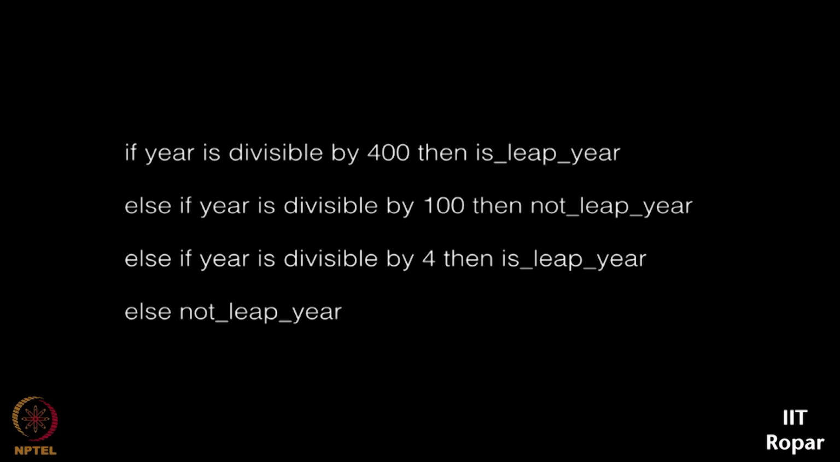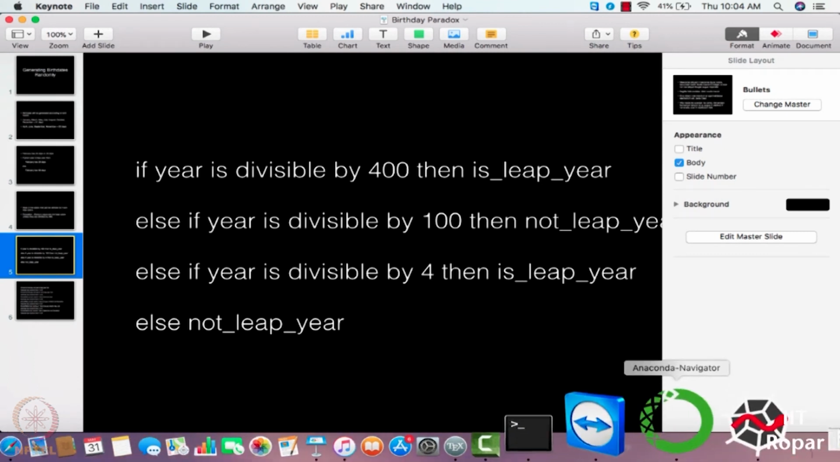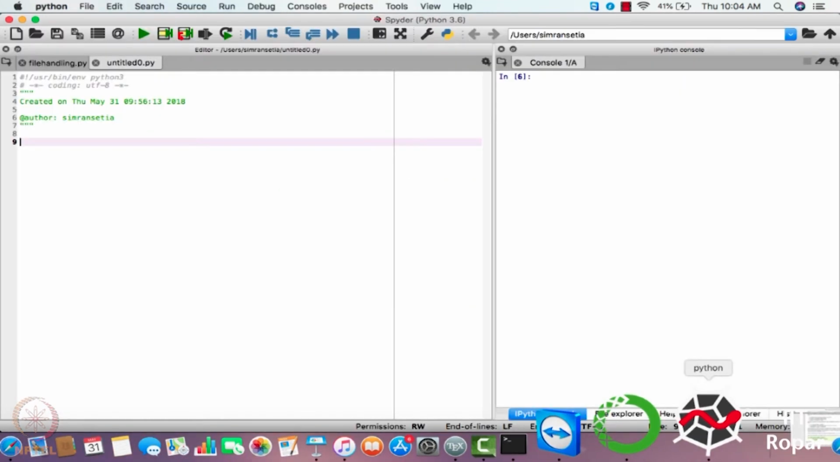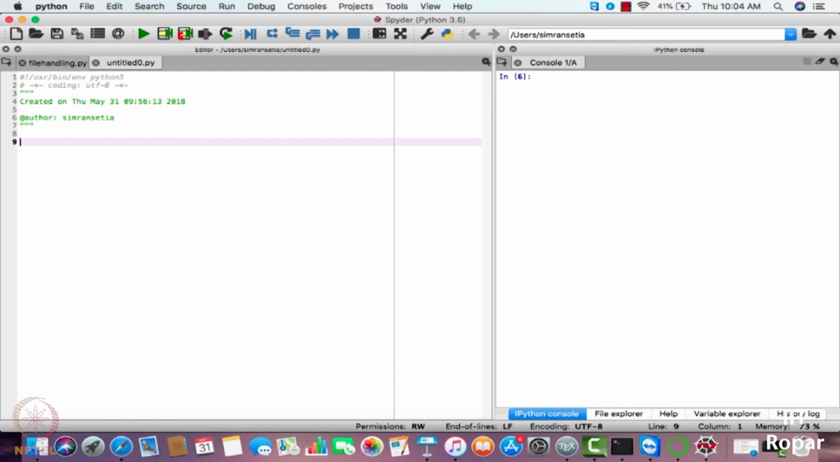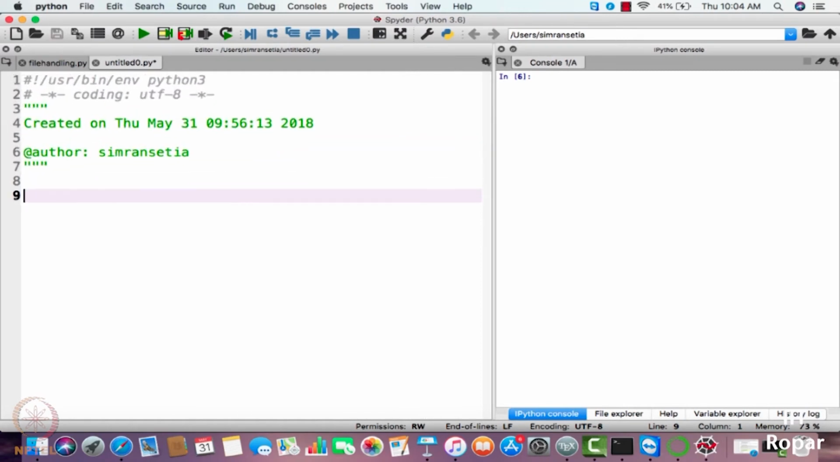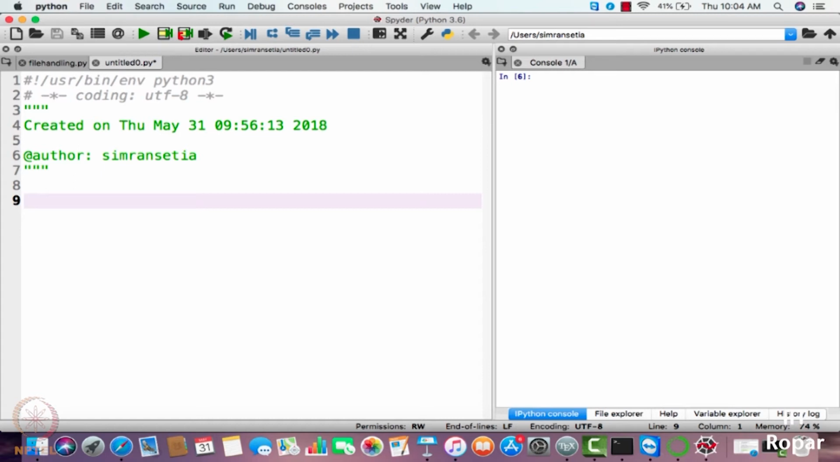So first of all, let me try to code this particular function, this particular thing of how to determine whether the given year is a leap year or not. So let us do that. I'll just open Anaconda Spyder and try to code this. So first of all, let me start with how to determine whether a given year is a leap year or not. So I'll just generate here